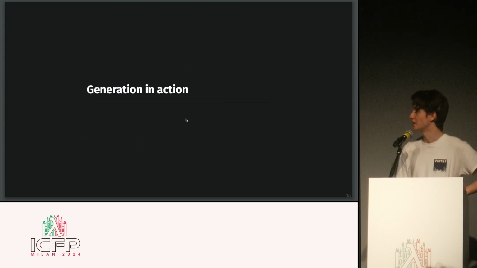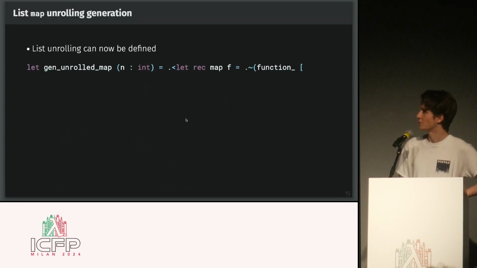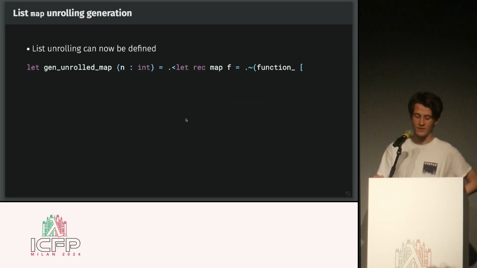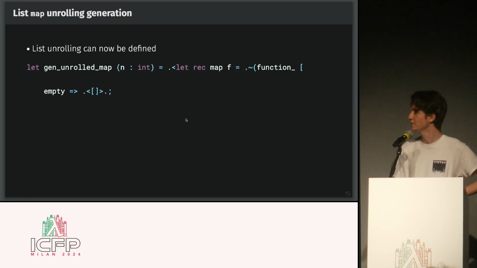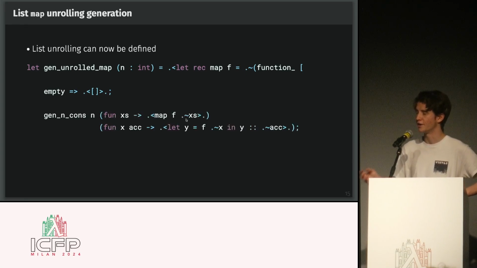So does this actually work in practice? Well, it does. We can now define the list unrolling, which we set out to do in the first place. So we can define a function which generates an unrolled map for some arbitrary integer n. And we can set it up to generate a function and provide it a list of cases. Very much following the structure of the original example, for the case of an empty list, we can provide an empty list. We can use our gen-n-cons combinator to build up